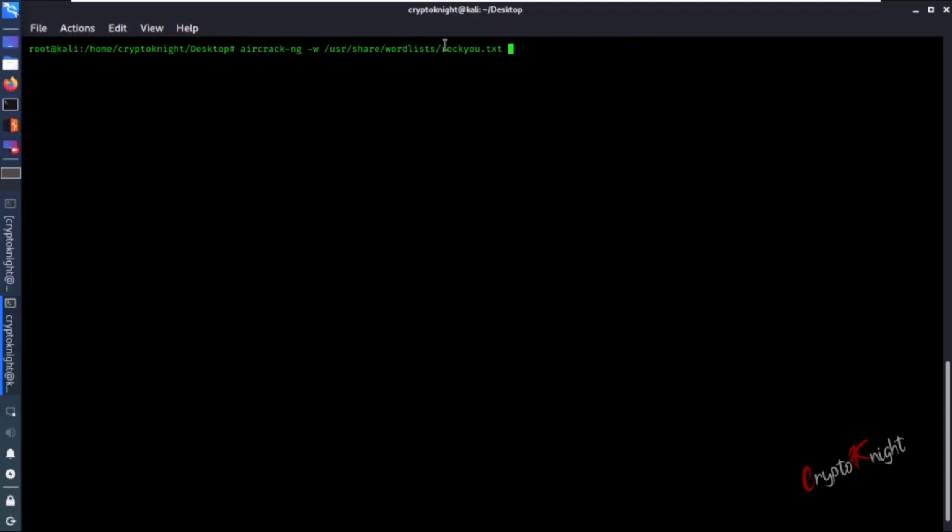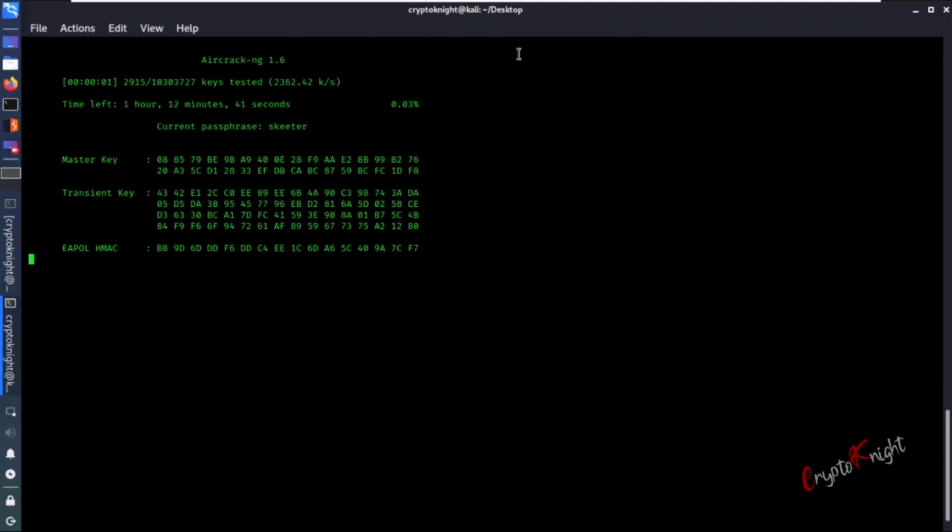I just have to give the crackmewifi.cap file. As soon as I hit enter, it will start the process of cracking. Let's see. So these are all the passwords which it is hashing and then matching to check whether this is the password or not. Now this is the total time it would take to try all the passwords. This is the percentage that is coming over here.